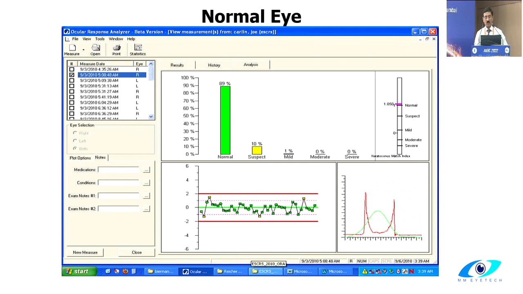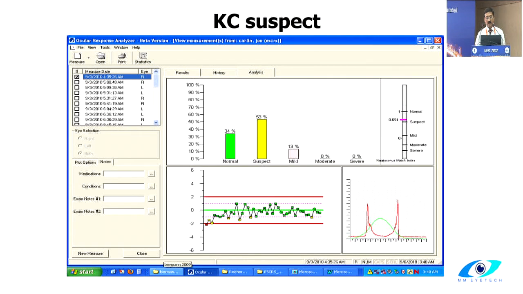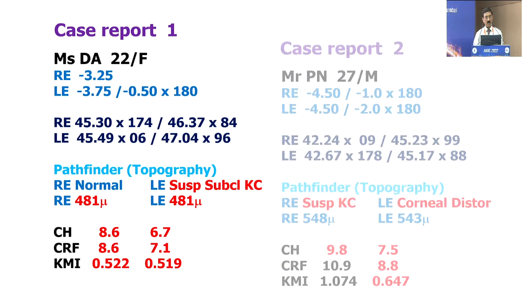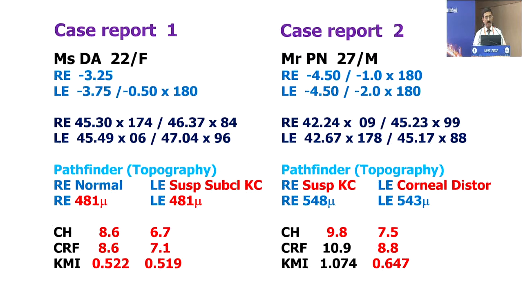It gives you a keratoconus match index, where again it uses this signal profile to tell us that there's an 89% chance that this is a normal cornea. This one has a 55% chance that it's a suspect, and only a 34% chance that this is a normal cornea. And some case reports from my own experience where there's patients with fairly normal looking